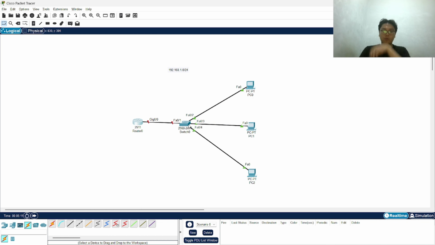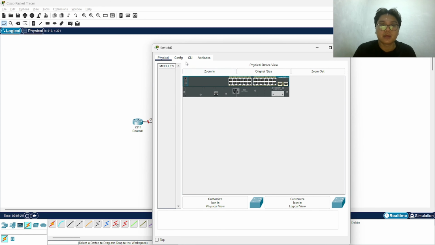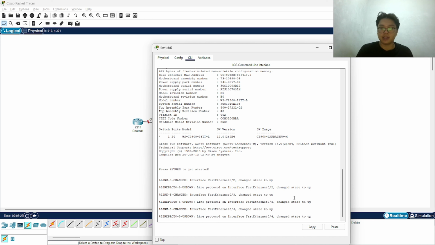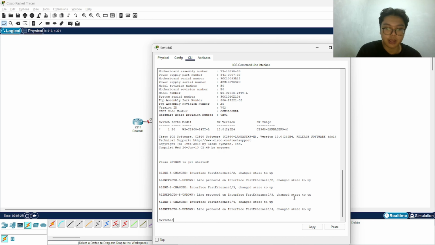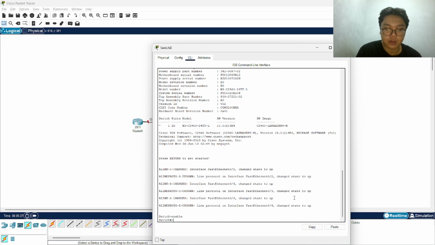On the switch, we only need to set the ports as access ports and enable portfast so the PCs come up faster in real life. Click on the switch, go to CLI, and then enter enable, configure terminal.